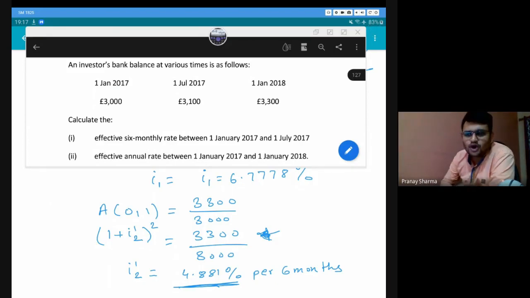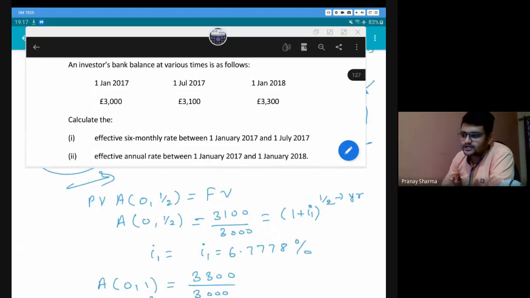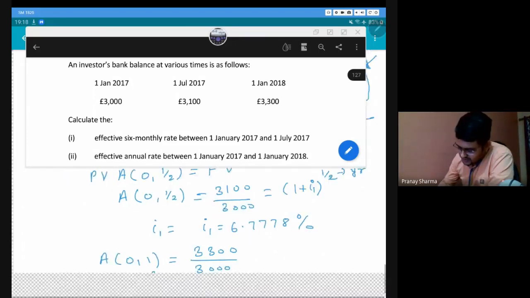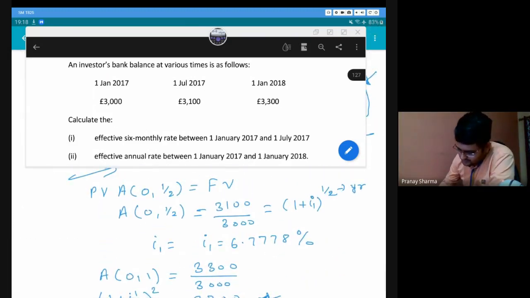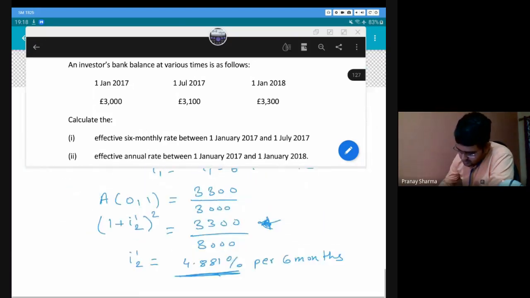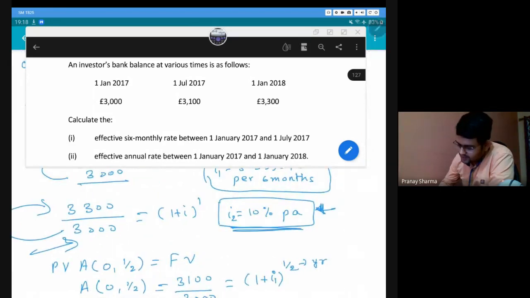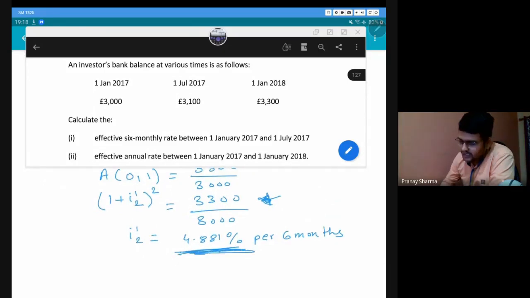If it is very confusing here, don't worry. The next chapter is all about this. I will explain with more examples and more concepts, and you will understand better. But you have to understand that when I am talking about my 6 monthly rate of interest, like 10% per annum, my 10% per annum, according to half yearly, becomes 4.881%. Why? We will see that in the next chapter, so don't worry too much about it.